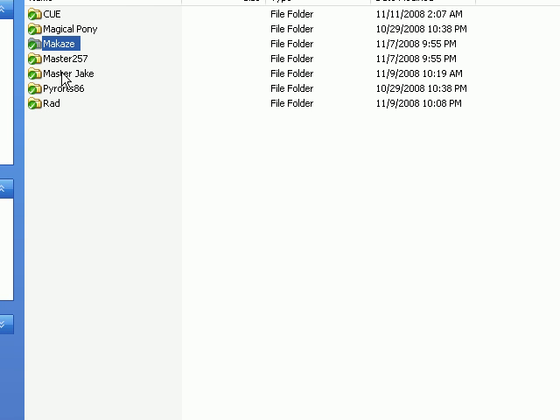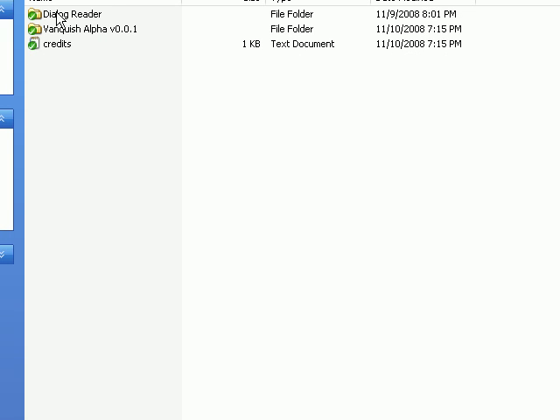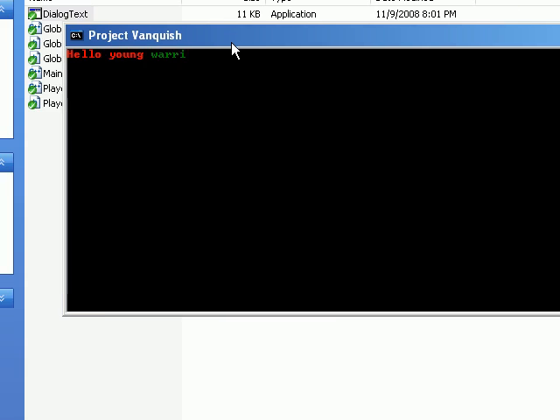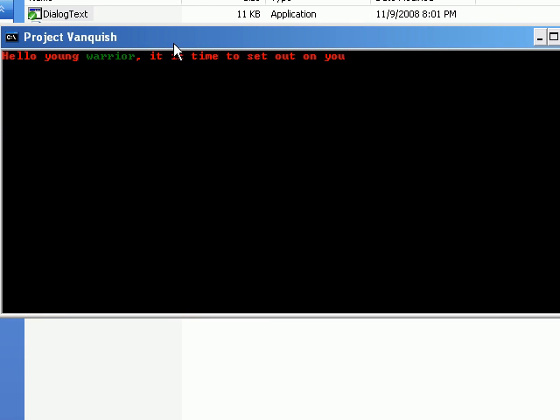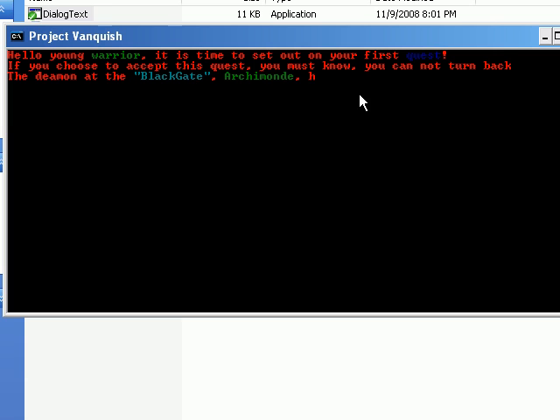I guess I can show you something I kind of made. It'll really help add to the funness, I guess, of actually reading it. Hello, young warrior. It is time for your first quest. If you choose to accept this quest, this is basically just showing that we can have different colors,